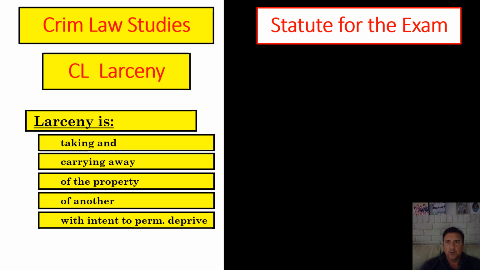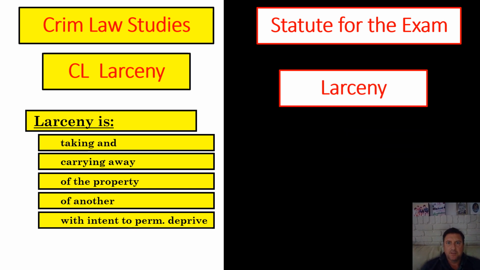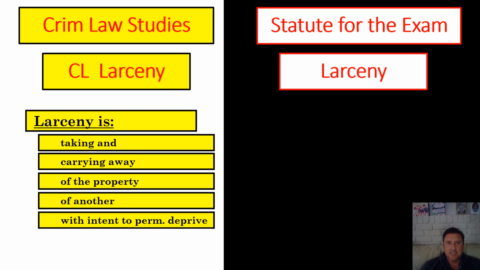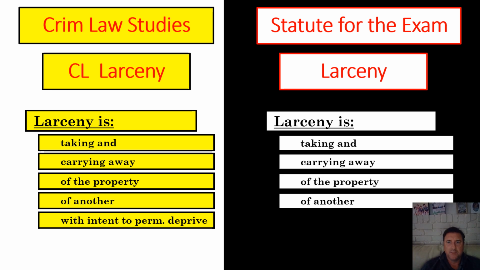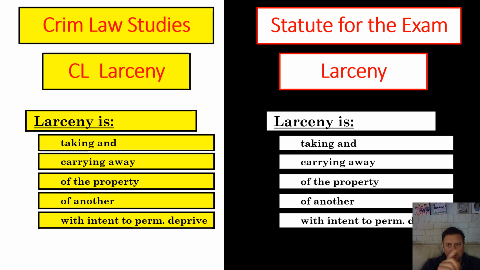And the choice that I may make as the professor, or the choice that the bar exam may make as the test giver on the exam, is we might give you a larceny statute and we might borrow directly from the common law. So one of the choices we make is you learn the common law, you have to memorize common law elements, and we take straight from it and adopt that as our statute. That's an easy decision, easy way to do it. And of course, that's a lot easier for the law student to understand.